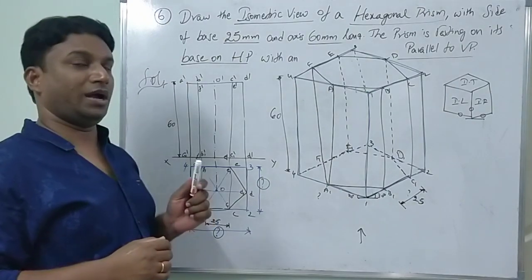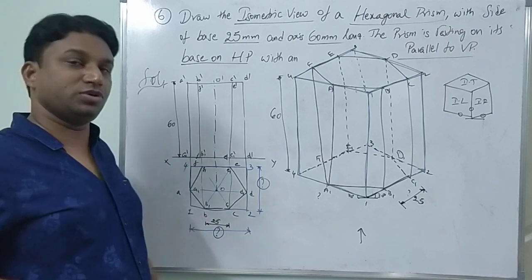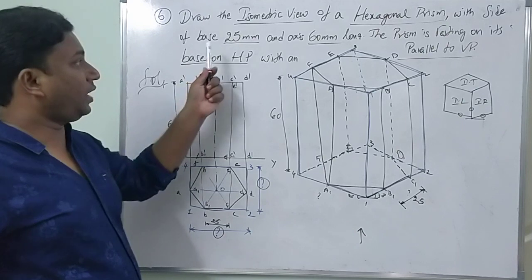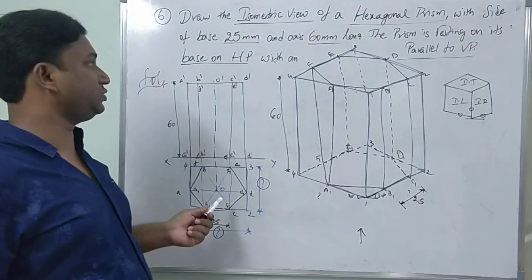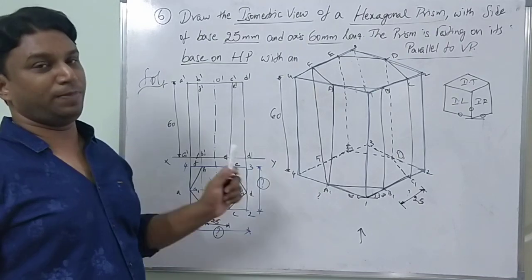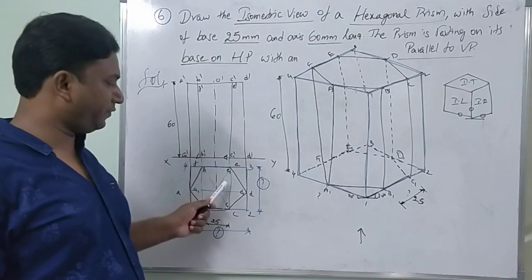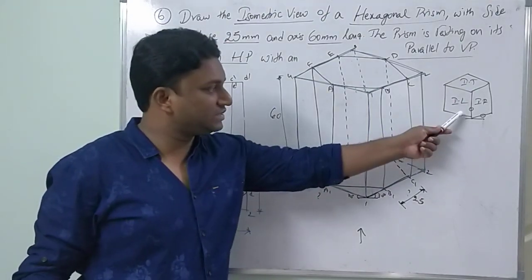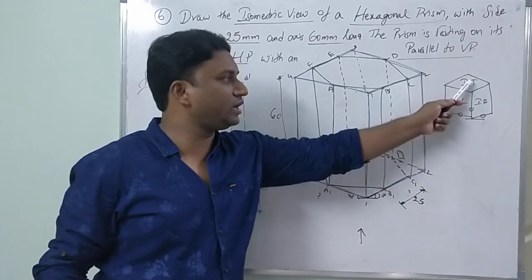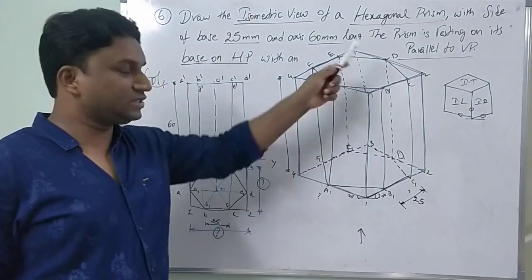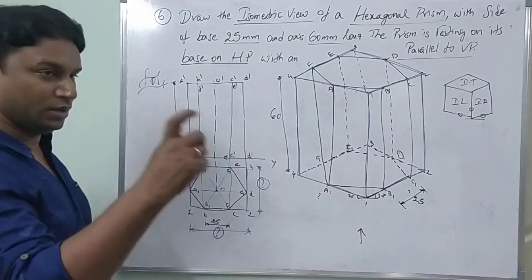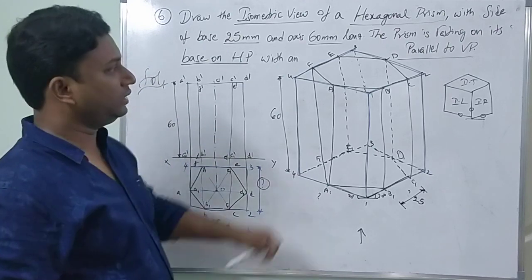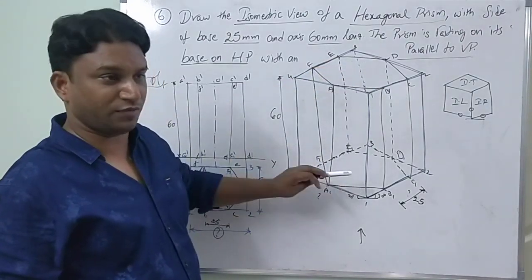That is about the isometric view or isometric projection of a hexagonal prism, of side 25 and height 60, resting its base on HP and with an edge parallel to VP. Original projection: front view, top view, box around the top view. Try to develop this with these 3 lines of iso left, iso right and iso top. After that, construct the top hexagon completely by compass markings. Bottom also same compass marking. The difference is that this will be thick, this will be partially thick for 3 sides.